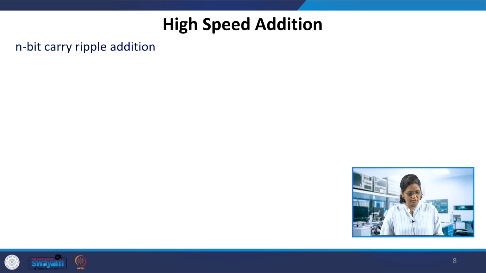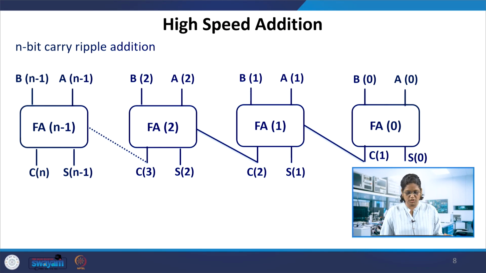So for example, if you have this n bit carry ripple addition, the 4 bit one we had done, if you recall that example, with 2 numbers of n bits, shown over here. So you need 0 to n minus 1 full adders. This one will not take any carry, so this can be a half adder. If you use it for subtraction, yes, this needs to be a full adder, because we need the carry in; we'll keep that 1 as a carry in. So this is 1 or 0 depending on addition or subtraction. So that is the third input here.